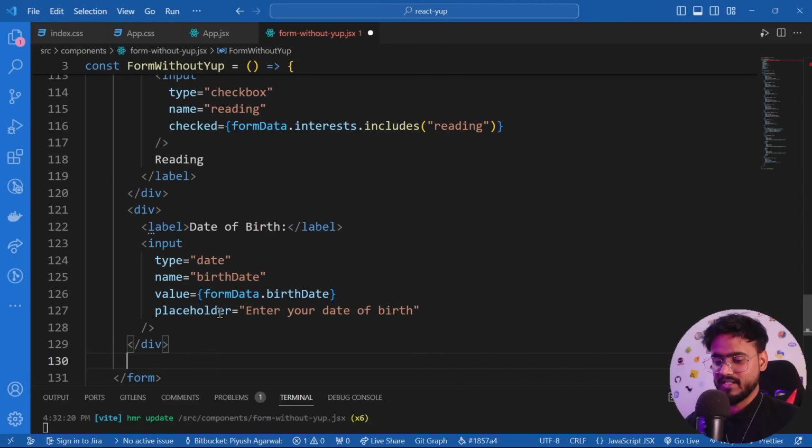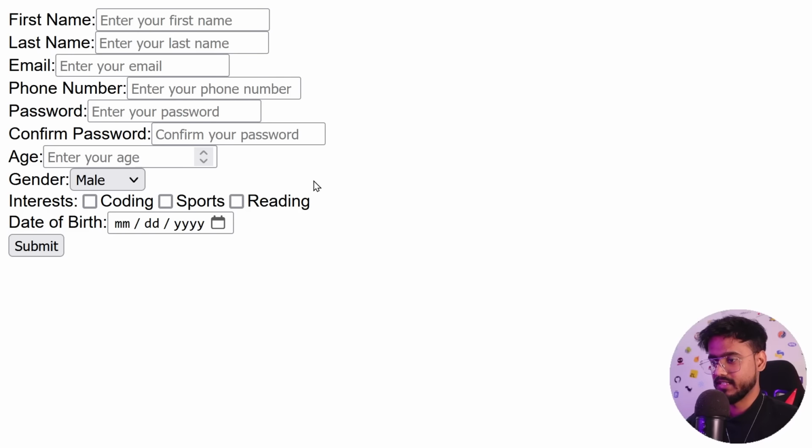Just one button at the very end for submitting our form. So button is going to be type submit. It's going to be called submit. Cool. This looks good. Now let's just add some bare minimum styles to it so that we have some gap